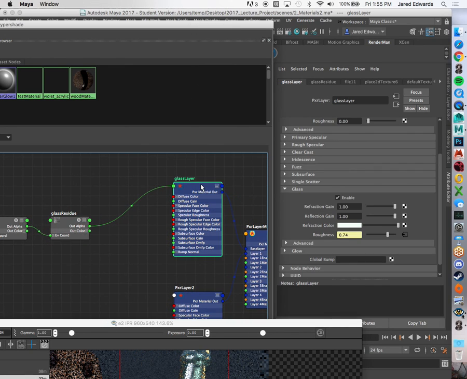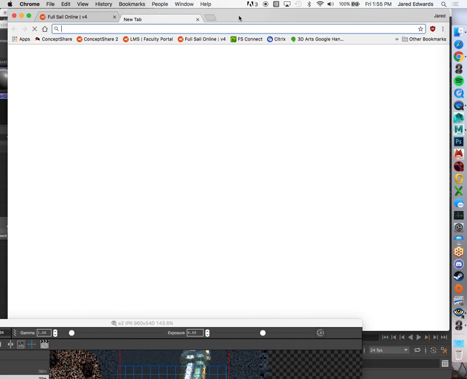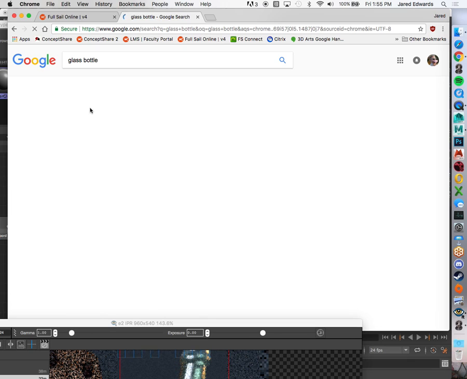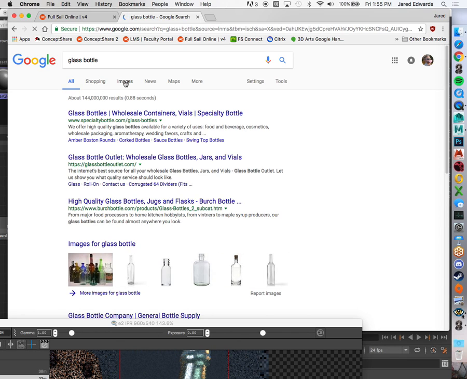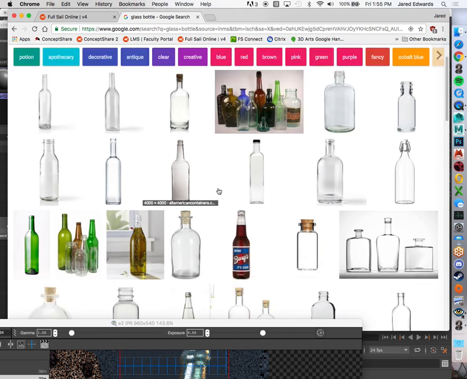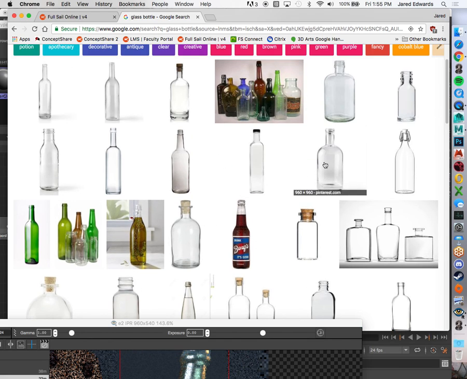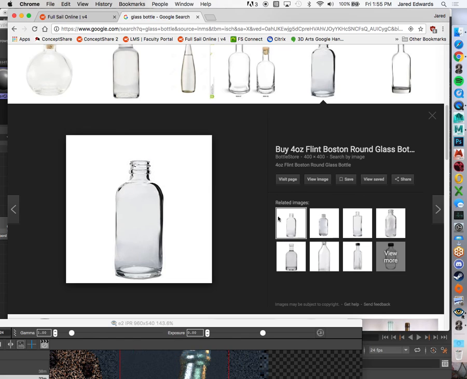So there's roughness. Now the other thing we want to do is just add some waviness to the glass. Just give it a little bit of distortion. Because again, the glass bottle, unless you tell it to, is going to be mathematically perfect, because it's modeled perfectly symmetrical on all sides. But when you really start looking at reference for other types of bottles, and these aren't even dirty, I mean, these are just regular